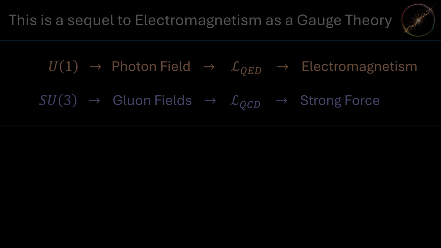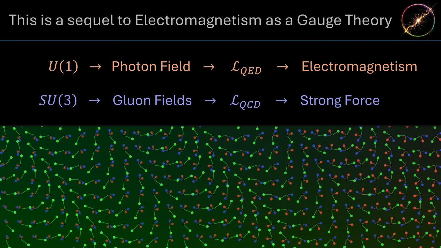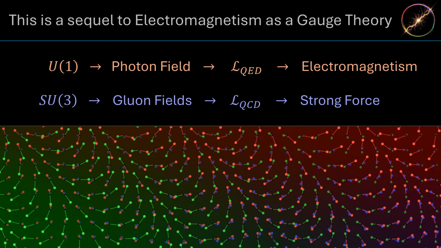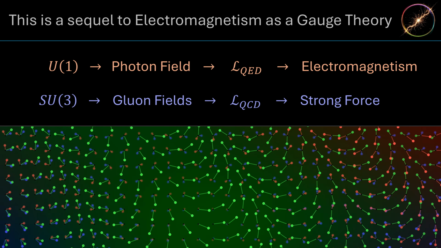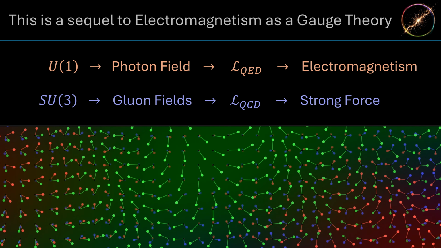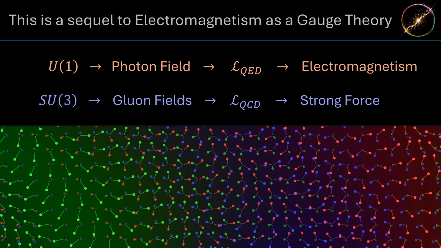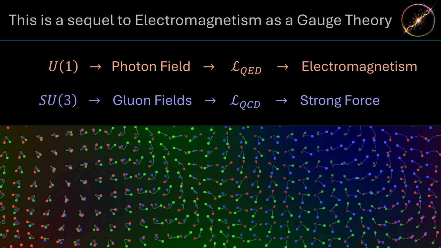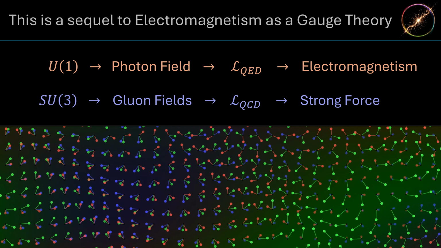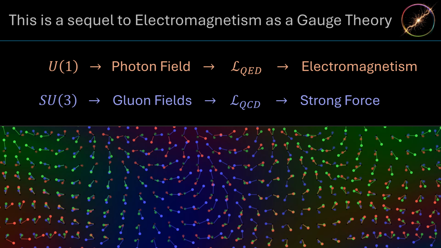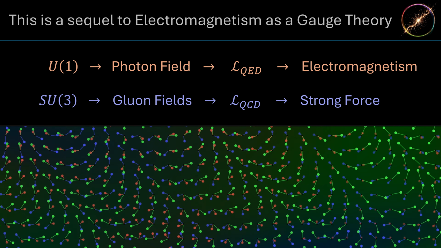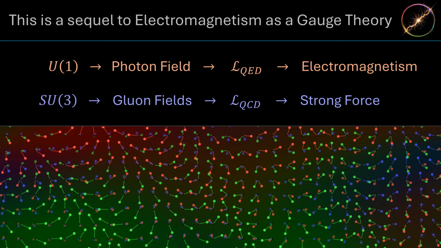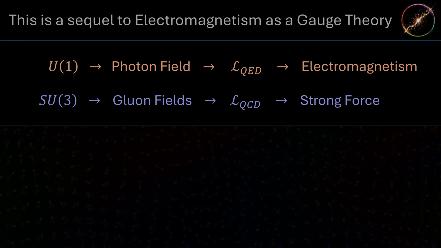So the philosophy there is that if we go way back to part 1, we talked about how the magic bean of U(1) symmetry sprouts into electromagnetism, and we talked about how the magic bean of SU(3) symmetry sprouts into the strong force. And so we should expect a deep structural similarity across both electromagnetism and the strong force, with the only difference being swapping out the U(1) symmetry group for SU(3). And also a difference in the strength of the coupling constant. That's also allowed. But other than that, electromagnetism and the strong force should be basically the same. And so this gives us a convenient shortcut for constructing QCD. We just copy and paste what we did for electromagnetism and then check our work.